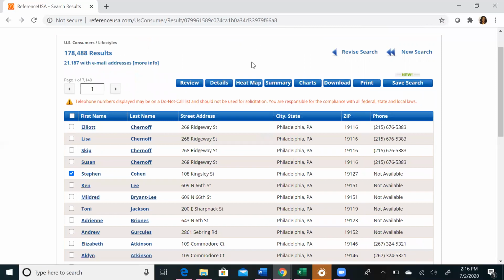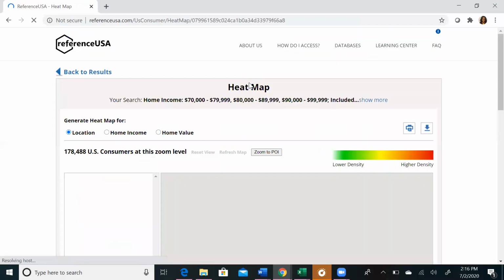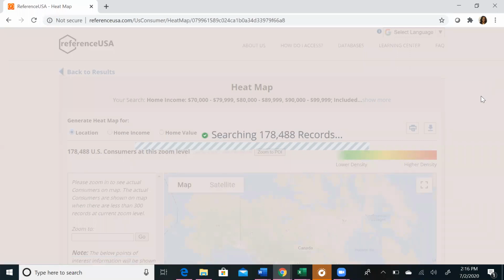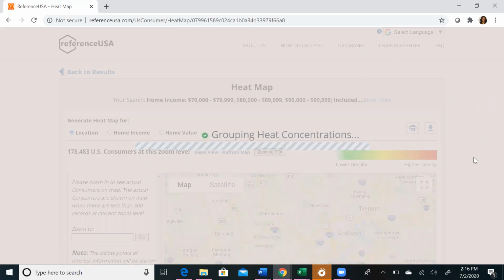we can also look at the heat map if you wanted to see a big picture of where people are located based on those simple search criteria we put in. If we clicked on our heat map, we will get a really large result because we have over 170,000 results. The more results you have, the longer it will take to load. But it's a really cool feature that can really help you when you want to see the big picture of